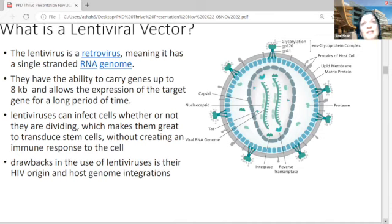Every cell in our body either sleeps or is growing rapidly. If cells are growing rapidly, they will take up a vector very quickly. If a cell is sleeping, it won't do that. And therefore, with this type of virus, all cells can take this particular vector up. Therefore, you can get a larger number of genes into the cells. The drawback of using this type of vector, though, is that its origin is from an HIV